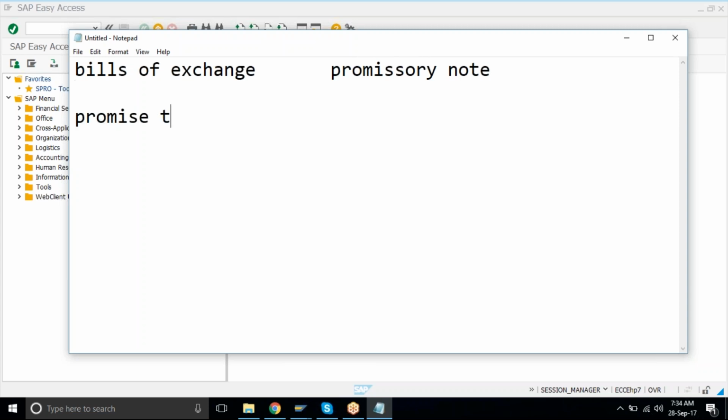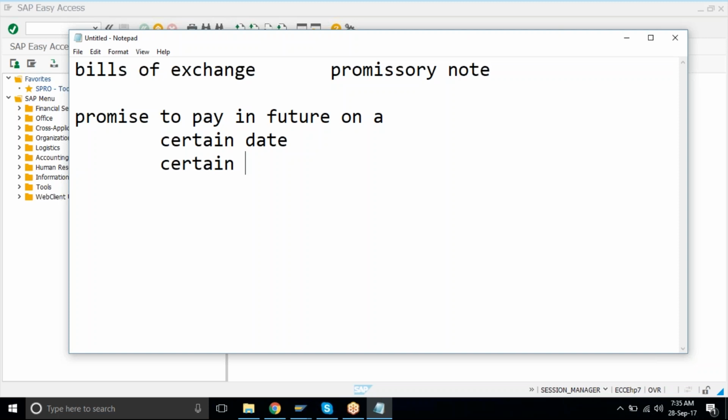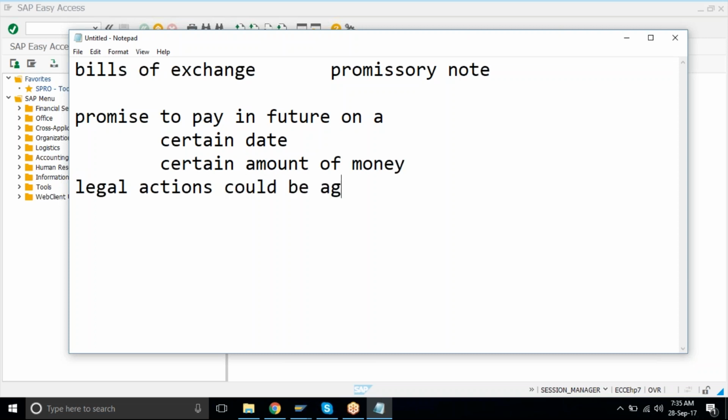It's a promise to pay in future, on a certain date, a certain amount of money, and if failed to do the same, legal actions could be initiated. Okay.